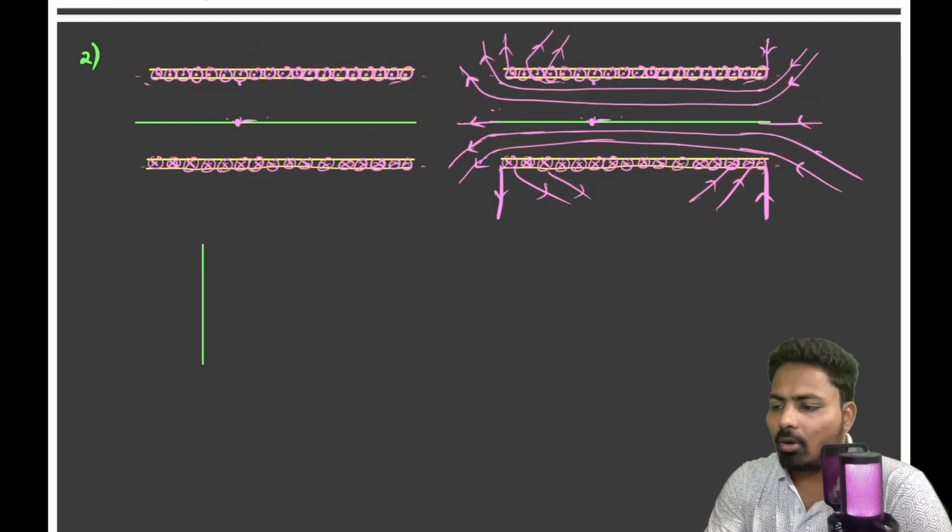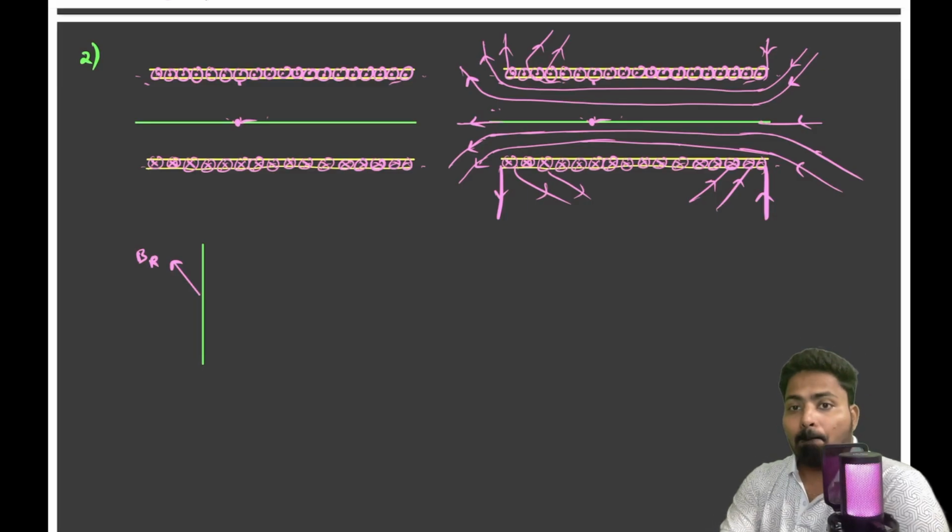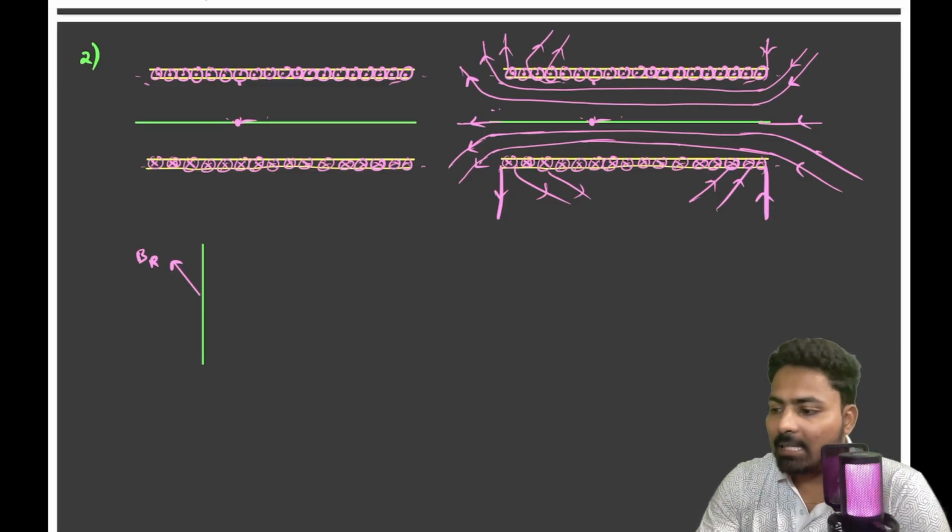Due to the right side solenoid, you can see the field lines at this left end will be like this, right? And because of the left side solenoid, the field line at this end, at this intersection over here,